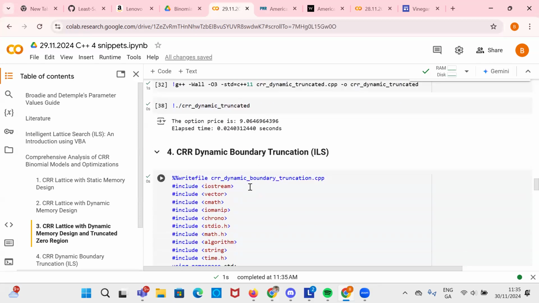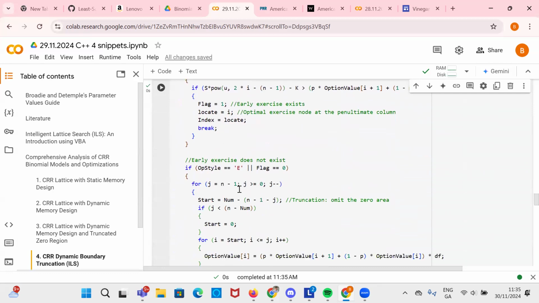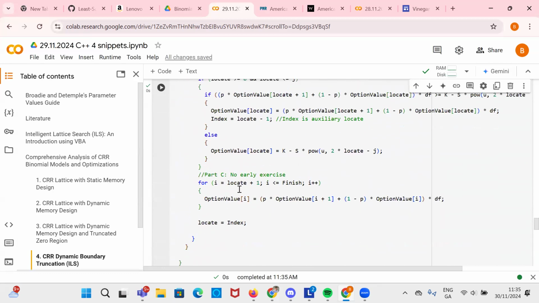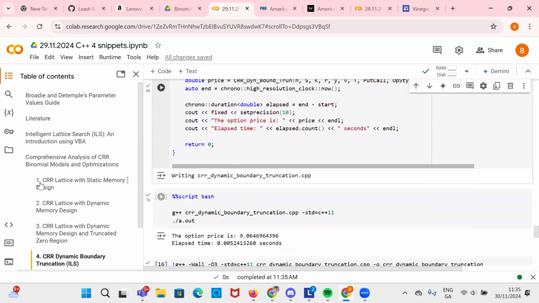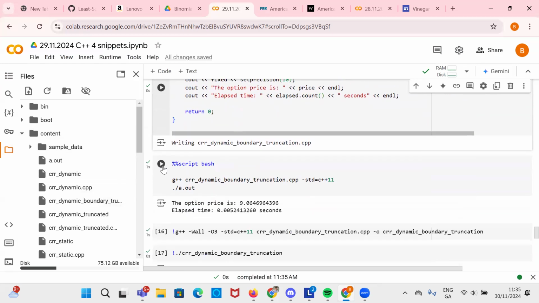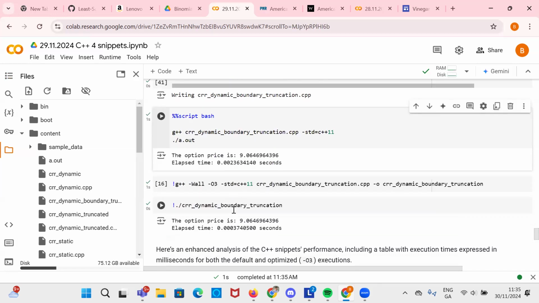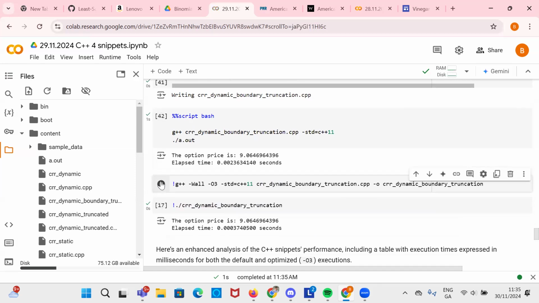The final snippet of code we have here is based on intelligent lattice search. And again, the same parameter values as before. If we go into our content folder, you'll note here if we refresh, all that code is being loaded across. We execute using the bash command, which is unoptimized. And you can see a fairly significant, quite a dramatic improvement here in terms of speed performance. But when we use the level tree